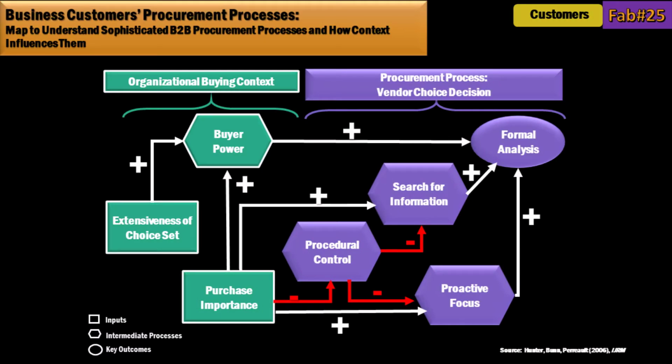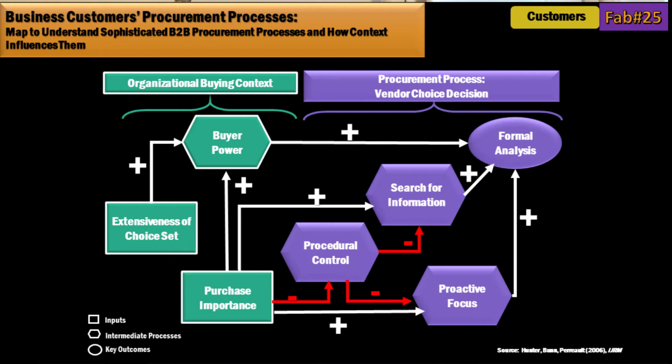There's a search for information that's going to follow some of that. Just like consumers search, businesses will search for information. They'll search for alternative solutions. And whether or not they have a proactive focus will be another component. This is much more about whether they are reactive in their process, or are they trying to be proactive in their procurement and thinking ahead of the problem that they might have? And those will lead to a formal analysis. This formal analysis of the choice is really what's going to the deciders in the organization. I'm going to talk about how business buyers will have multiple roles within the organizations, and these formal analyses will be part of going to those deciders at that stage.